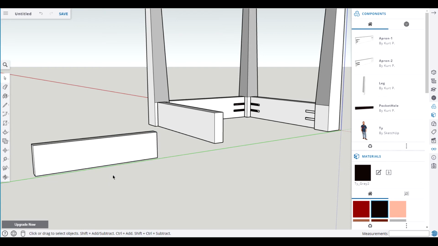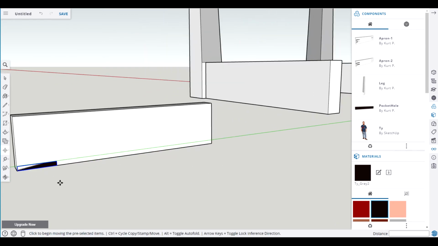We want to bring in our pocket holes again. Select it over here from the components menu, drag it in. Now if we want to, we can drag it right there. So look, looks good. Click. All right, zoom in a little bit. Next, let's click the top here. Go up. Control key, hit that. Click. Return. /3. Boom. Space bar. And now we got 4 evenly